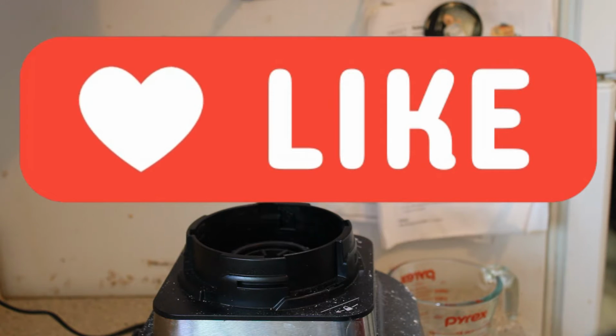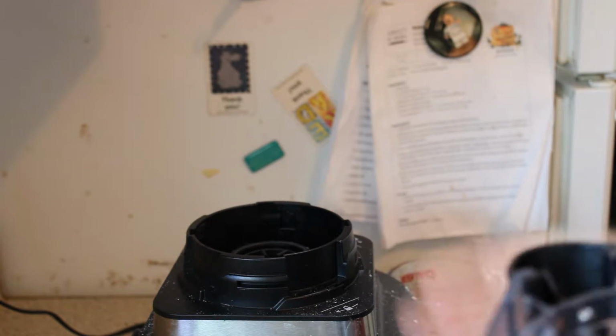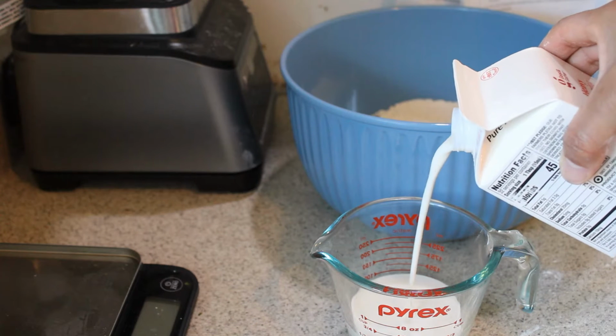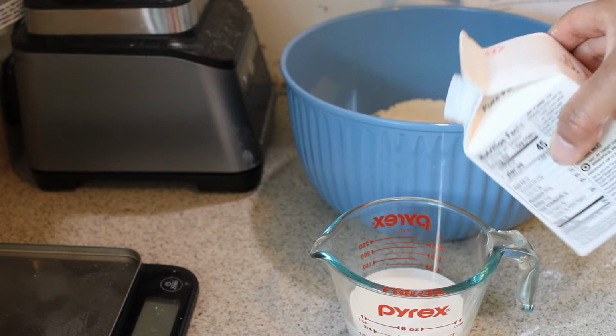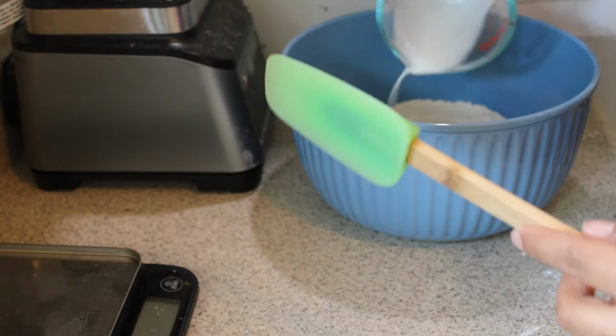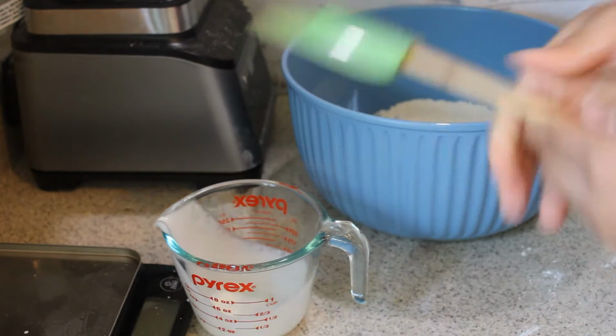Now I'm pouring a little heavy cream. That's what? Right, heavy cream. Hell nah. Cream ain't got no Q in it. Cream ain't got a Q. That's about a half a cup there, and then you're just mixing it until you get a little bit of